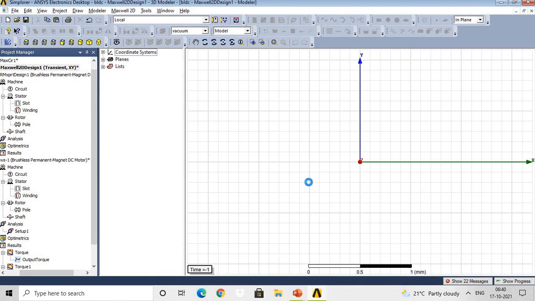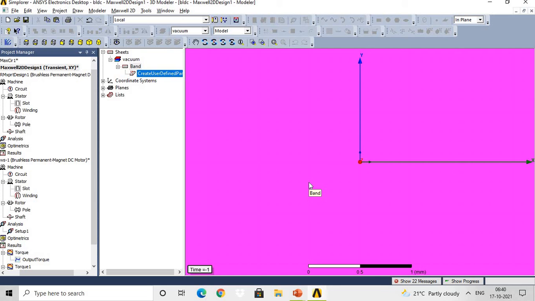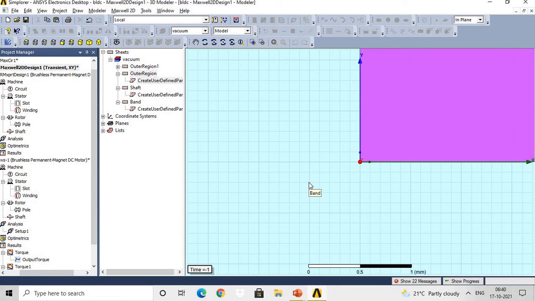Once you convert your RM expert design, you can convert that geometry into the Maxwell 2D design or Maxwell 3D design.